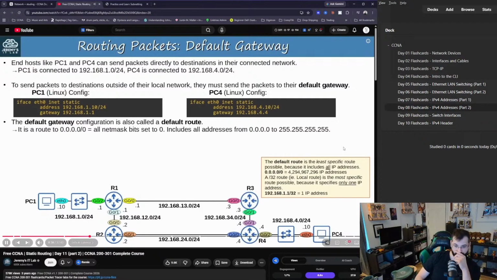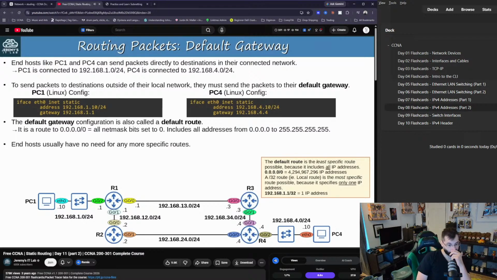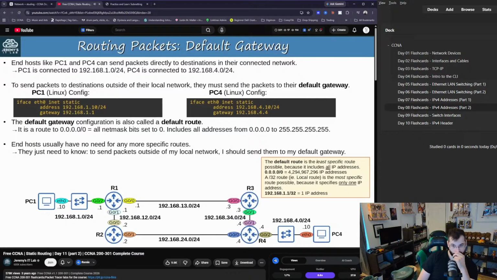IPv6, because it specifies only one IP address. For example, 192.168.1.1/32 specifies only one IP address. So the default route says, if there aren't any more specific matches for this packet, don't drop it, send it via this route instead. Later, we'll see how to configure a default route on a Cisco router and what it can be used for. But for now, just understand how it works for end hosts like PC1 and PC4. End hosts usually have no need for any more specific routes. They just need to know, to send packets outside of my local network, I should send them to my default